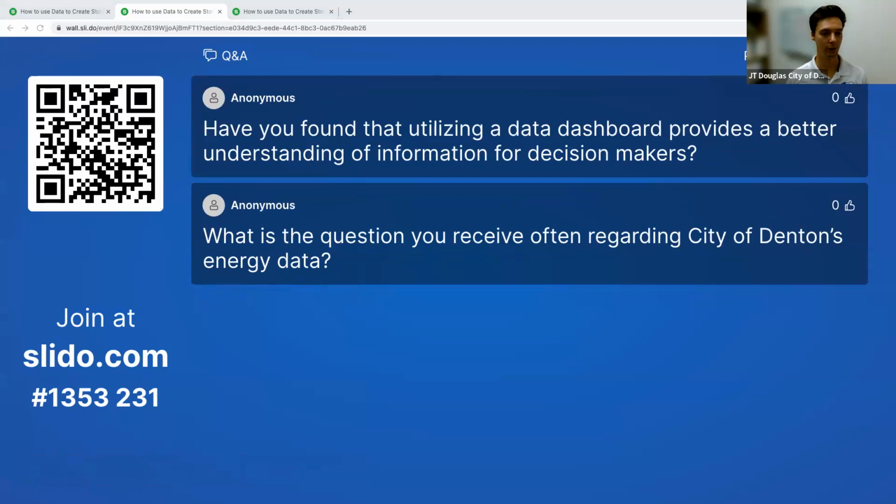Even if you're just an employee working in one of the 40 or so office buildings that we have in the city of Denton, you may be curious what the impact is of your specific building. That's not something the regular employee or manager has access to. As the conservation coordinator, I get a lot of questions around, hey, my energy bill that I got for my building, which first of all is amazing that folks are looking at their energy bills. A lot of times, that can just go through the process, get paid, and maybe the few folks who are keeping an eye out for it see that.